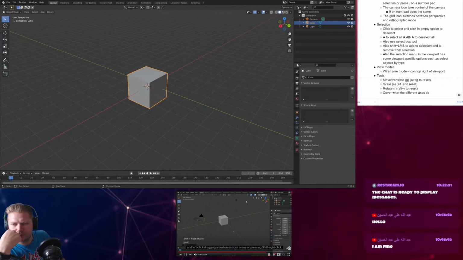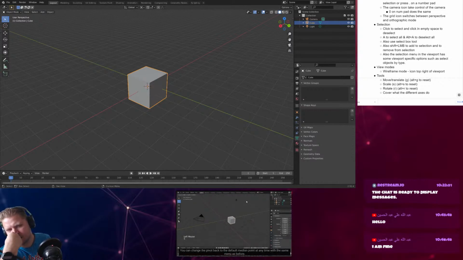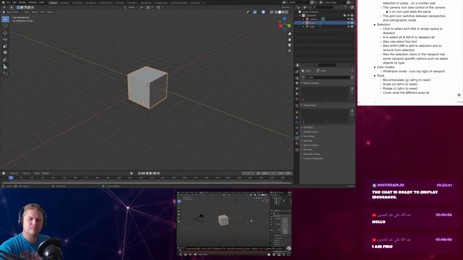Or pressing Shift right click. You can change the pivot point back to the default median point at any time with the same menu as before. The 3D cursor can also be used for moving your object. I personally love this feature for quick moving your object to